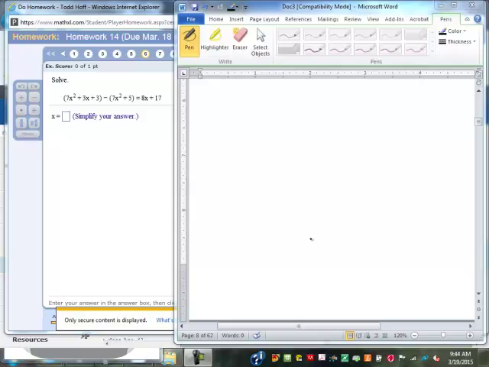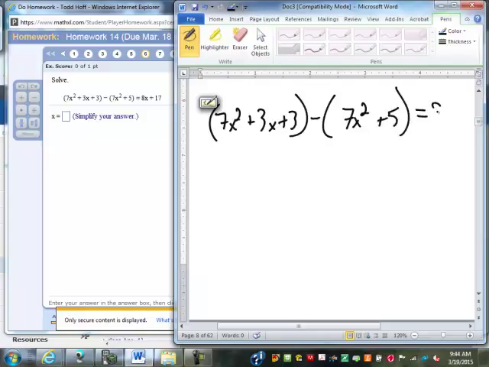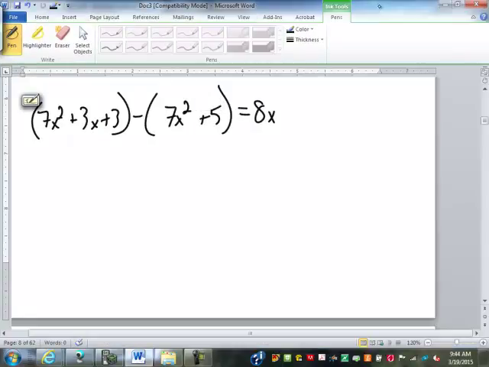Okay, so going over this one. Our equation is 7x squared plus 3x plus 3 minus 7x squared plus 5 equals 8x plus 17. Now looking at this one, it looks complex because you see that x squared in there that tends to throw